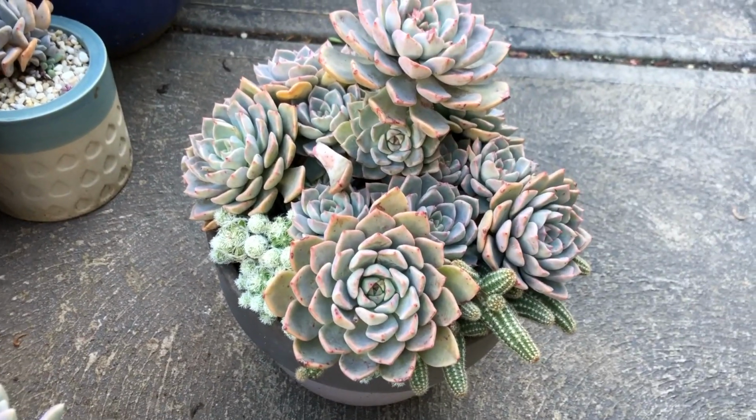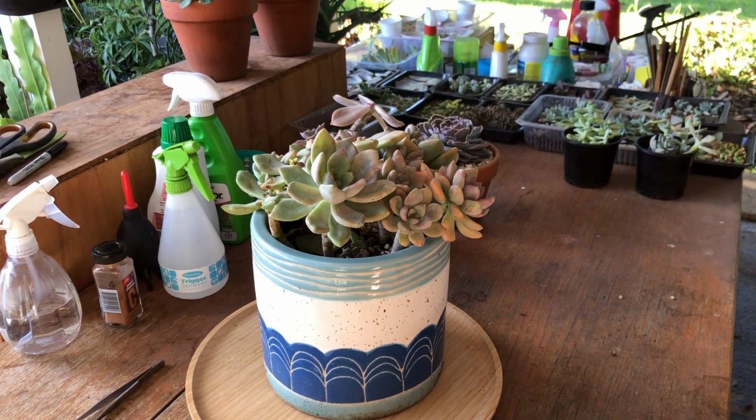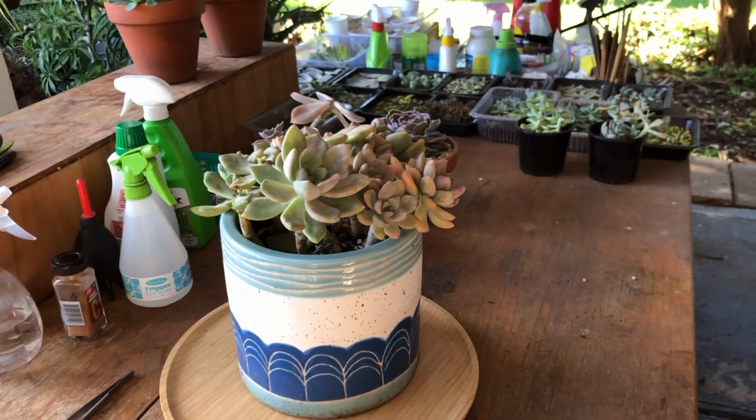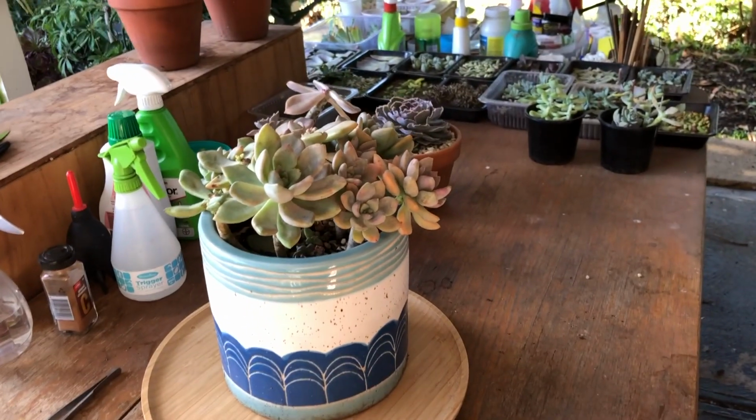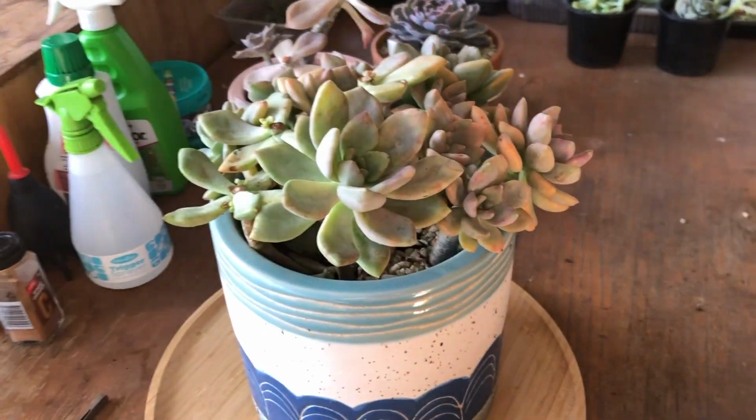Alright, let's go over to the table and have a look, shall we? So I thought I'd show you a few different pots today, and maybe we'll go through some trays and do a little update on a few things. So anyway, this one, first of all,